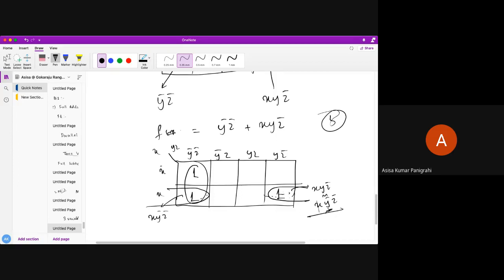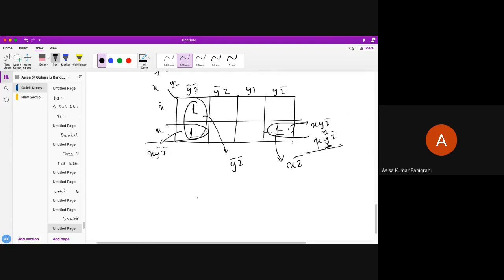because they only differ in the variable y. Here it is y bar, here it is y. So we can combine these two like this. So we can combine a minterm which is here. This minterm is combined more than once because it gives minimum literals. How? What is the value of it? This group is giving me y bar z bar, and what is common between these two? X is common between these two, and what is common between y bar z bar and y z bar? This is my x z bar.